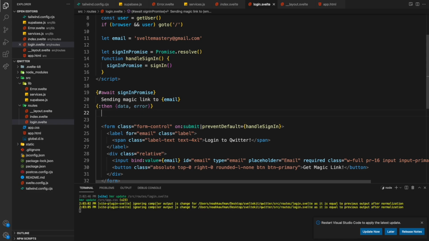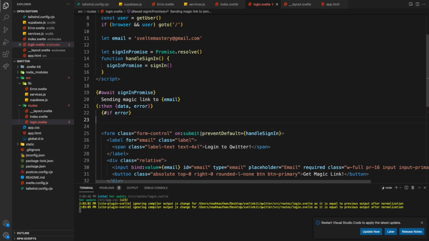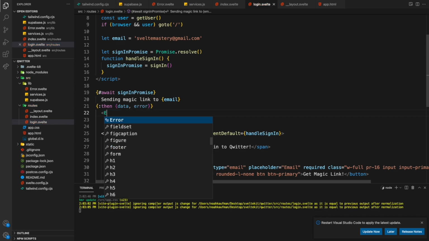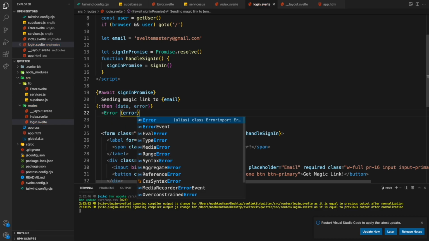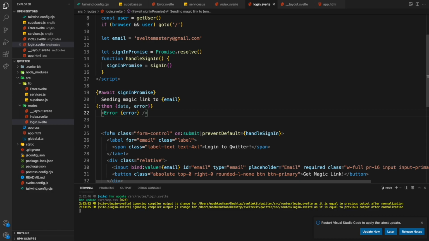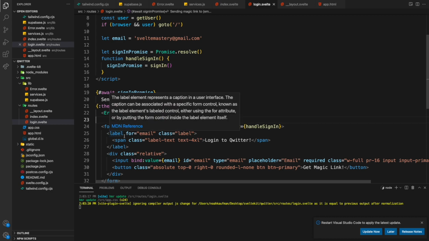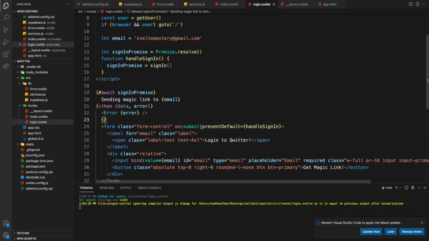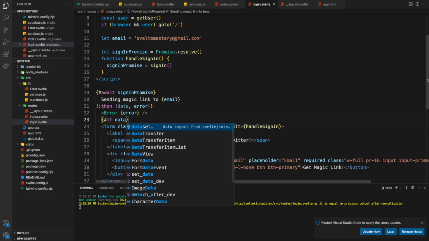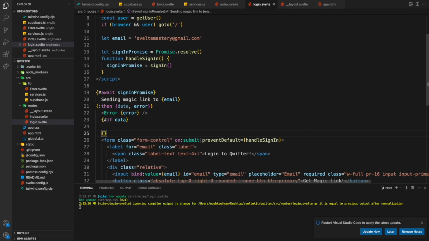So if there's an error, we want to show this form again. So if error, then let's use that error thing. Actually, we don't need to do if error. We can just do error and pass in the error. So if there's an error, it'll show us the message. And then otherwise, if there's data, that means it was successful. So if data, then we're going to say